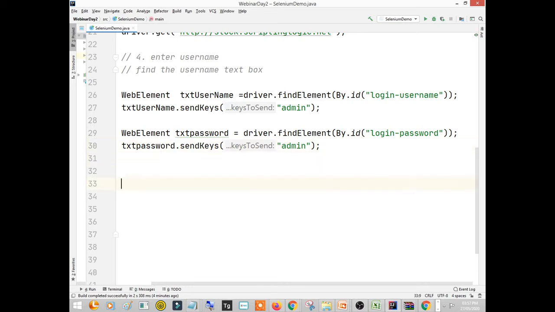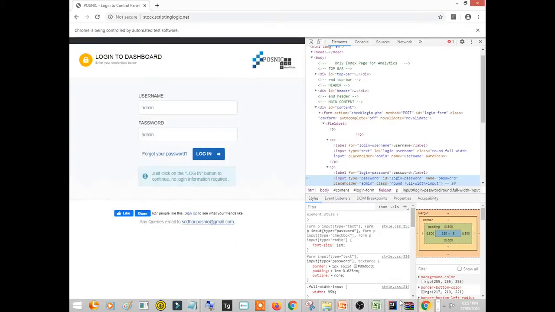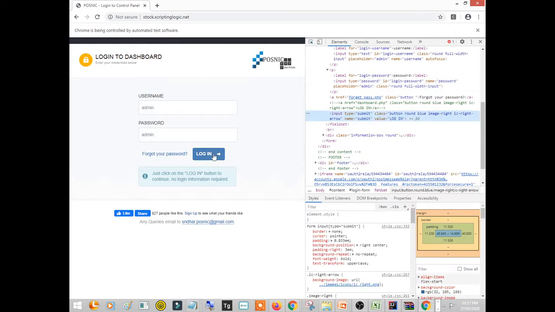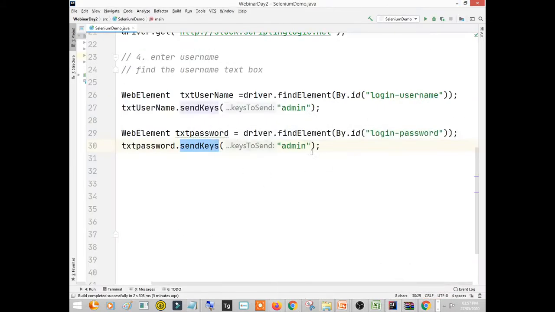So now similarly we will find this button first, and to click we have a click method, right? So now I click here and check this. So here you can see I have a name here, I don't have an ID. So I copy this and